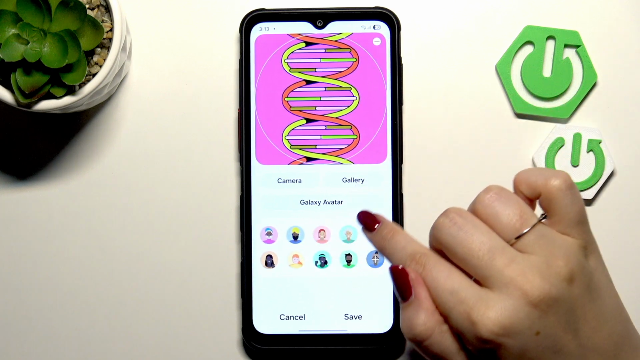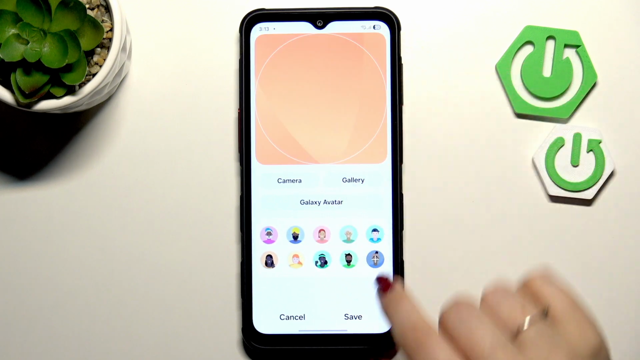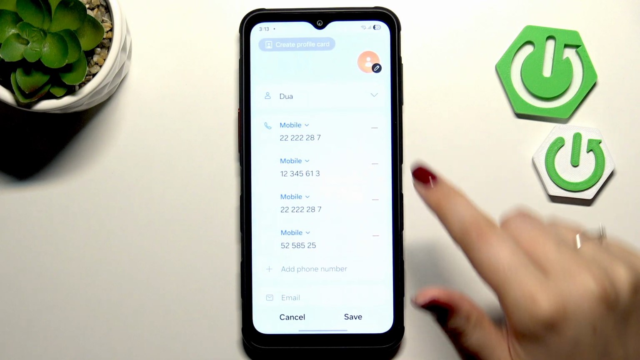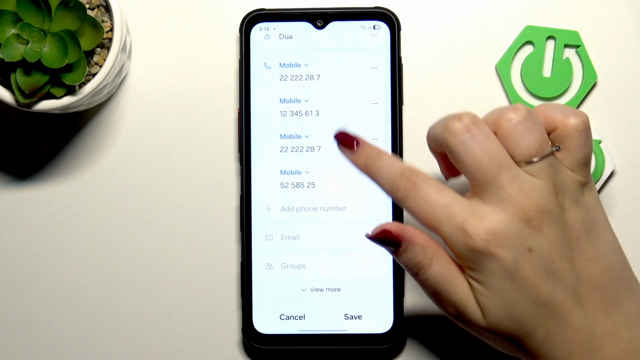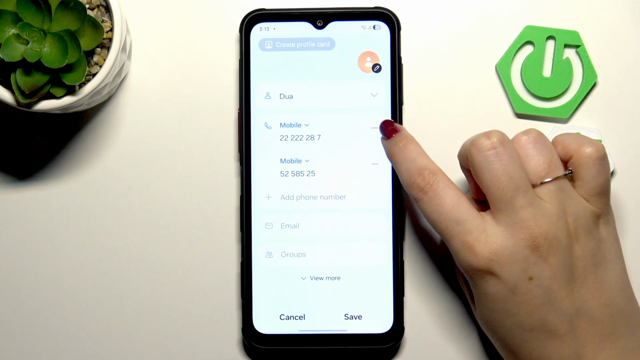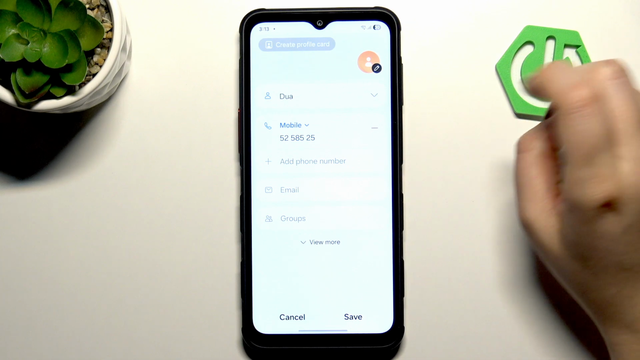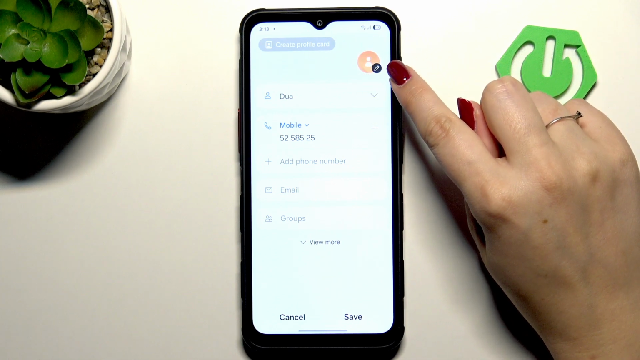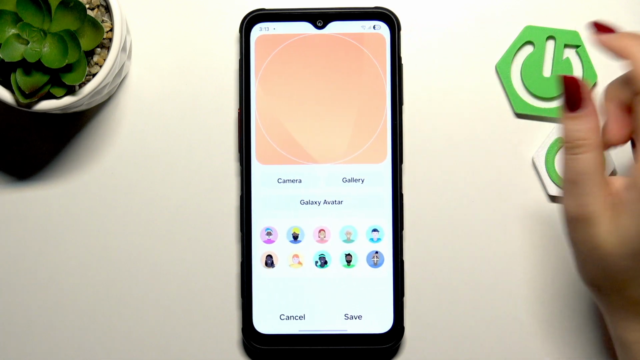Let me quickly remove the photo. Something like that. So basically this is what you will see after entering the contact without any kind of photo assigned. As you can see, we've got a lot of numbers here, so let me quickly remove them. All you have to do is to simply tap on this edit icon or a profile picture, something like that,